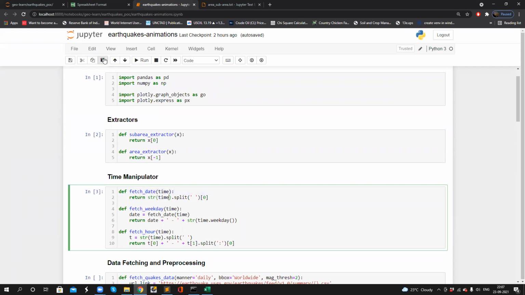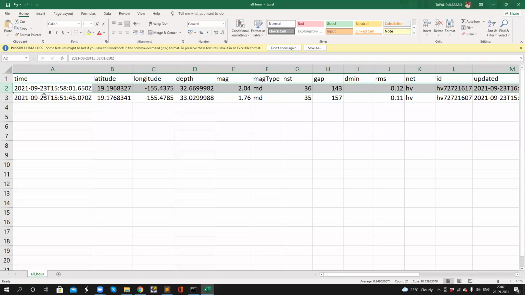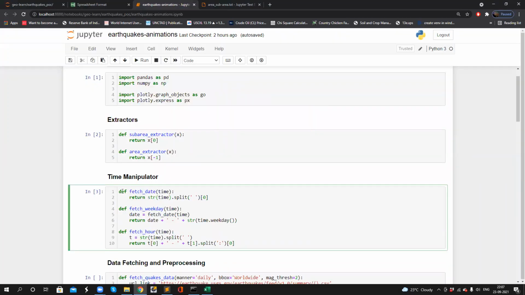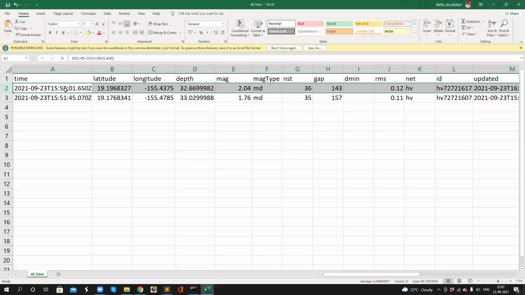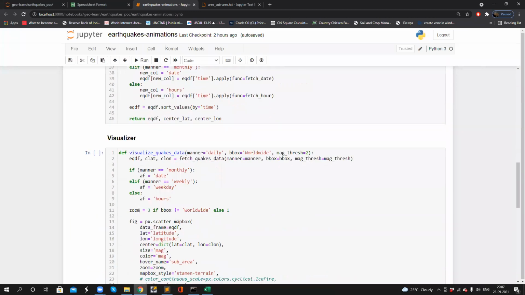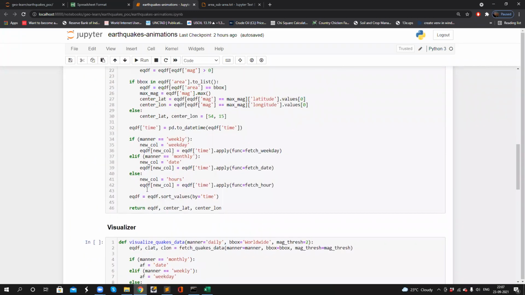If you carefully see, once we convert this into date time, we will get a space in between. And this function literally splits the data based on the space and extracts the 0th index, that is the actual date of that value. So I'm just applying the method and fetching all the dates if the manner is monthly.